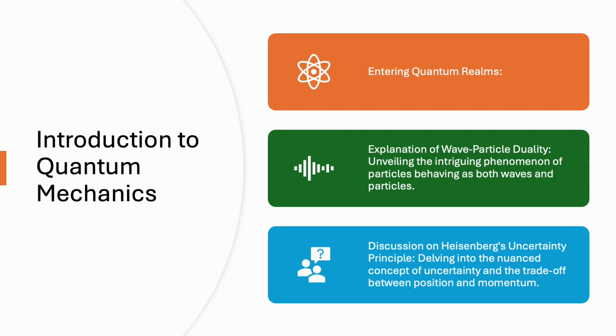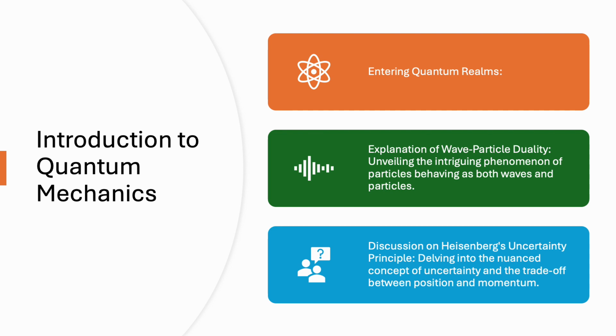Now let's dive into Heisenberg's uncertainty principle. This principle introduces an element of unpredictability into the quantum tapestry. It asserts that the more precisely we measure a particle's position, the less precisely we know its momentum, and vice versa. This inherent uncertainty speaks to the dynamic and elusive nature of particles at the quantum level, disrupting the deterministic worldview of classical physics. It's like trying to pin down a quantum butterfly.